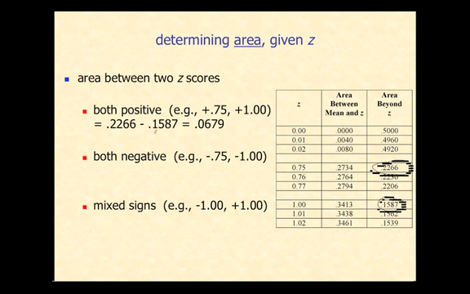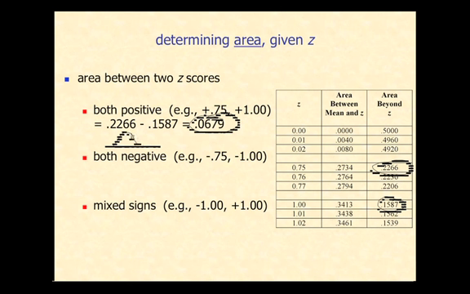If we subtract 15.87 from 22.66, or 0.2266, we get 0.0679. There is 6.79% of the distribution that lies between a z-score of plus 0.75 and a z-score of plus 1.00. So again, just to graph that,